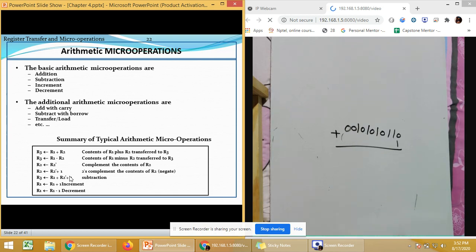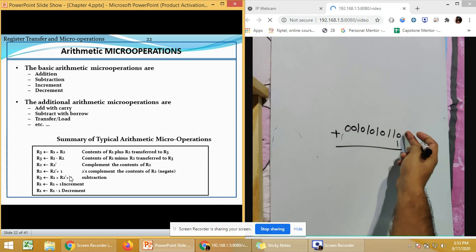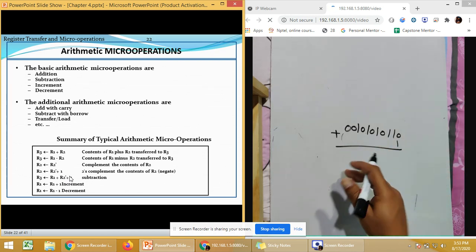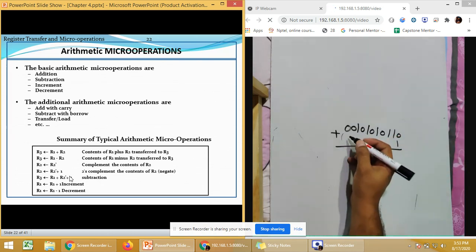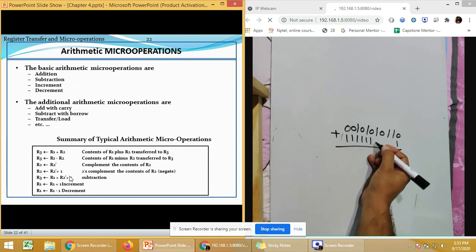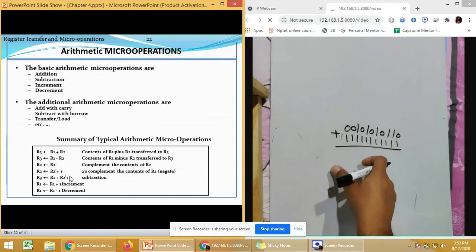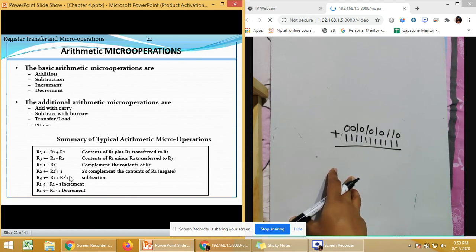So there is a very unique relationship between these two, decrement and increment. If you want to increment the value, just add 1 at the last bit of that number. Then it will be an increment by 1. If you want to subtract 1, or decrement it by 1, simply add 1 to all the bits inside that number. This will simply decrease it by the value 1. So please remember this relationship. It will be very important when we are going to make an arithmetic circuit.